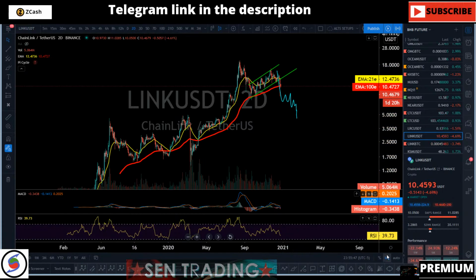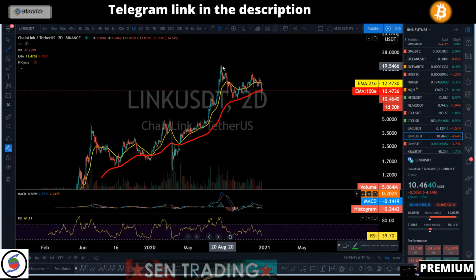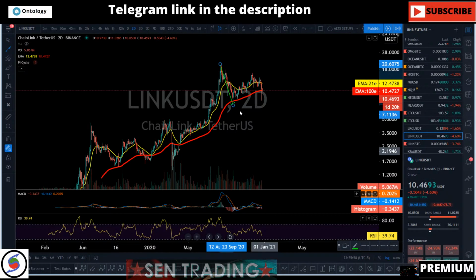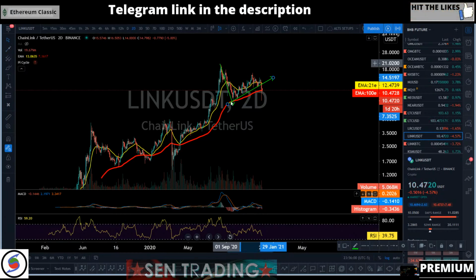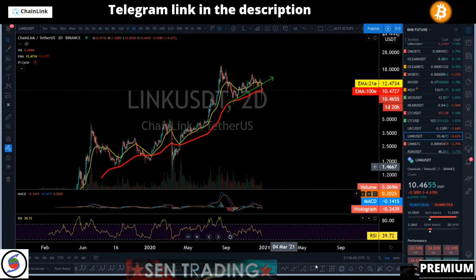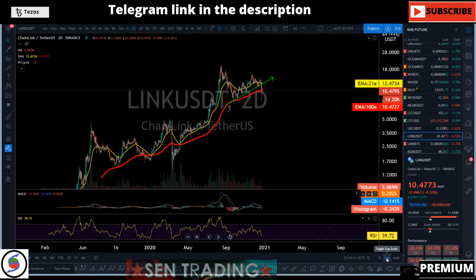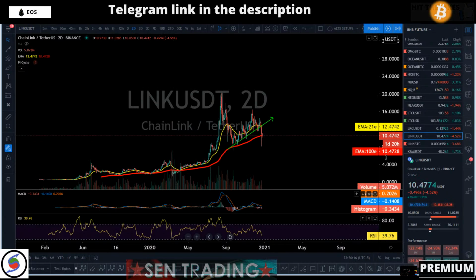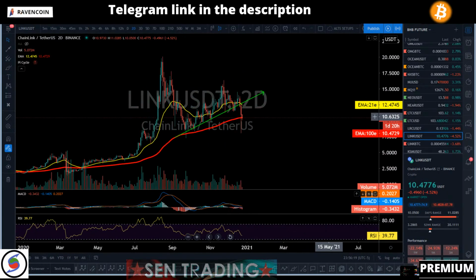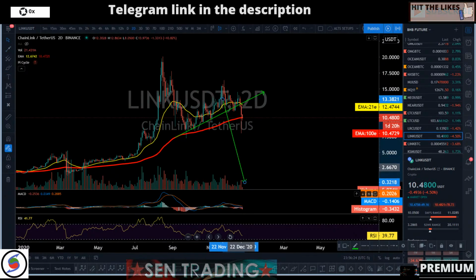That's log scale. By the way, if you're using your arrows, let's say you're going from swing high to swing low, and you're expecting a one-to-one extension of this move, you want to do it like that. Don't do it on log scale. If you do it on log scale, it's going to take you down to 0. So what you need to do is right click on your log scale right here at the bottom, toggle it, and remove it. That's going to be linear scale, right? If you do that, you're going to get this and you're going to get that.